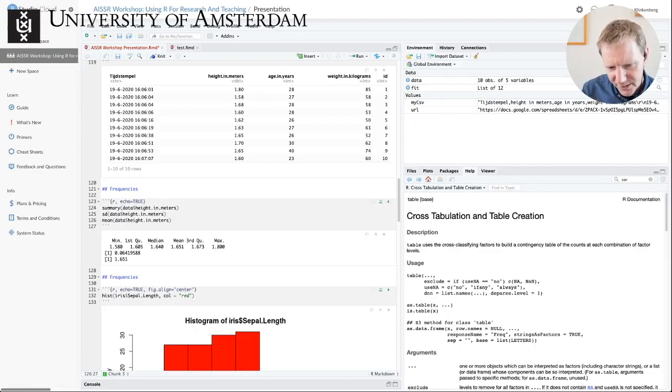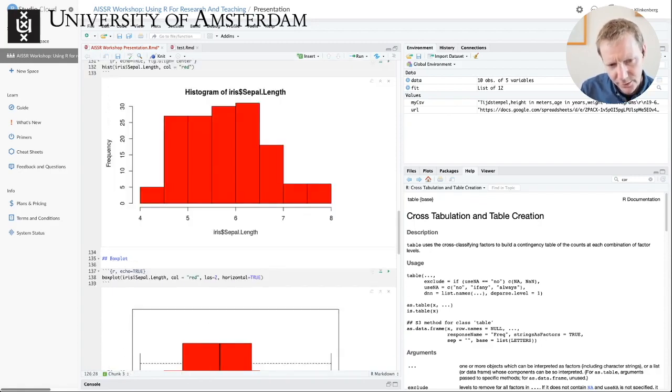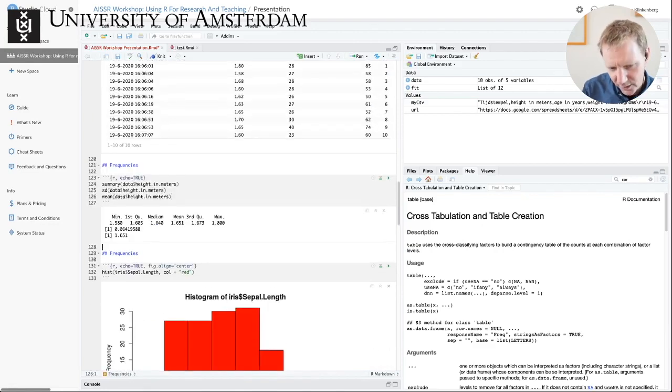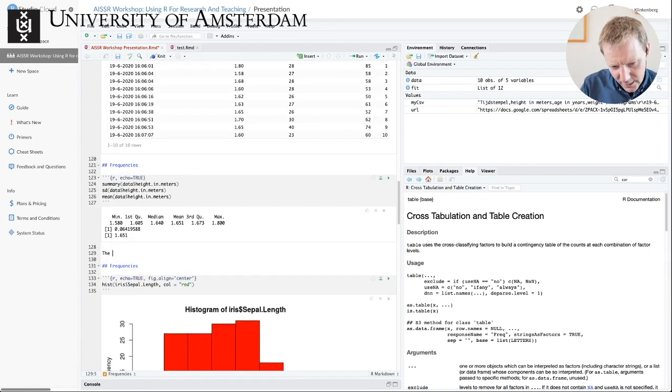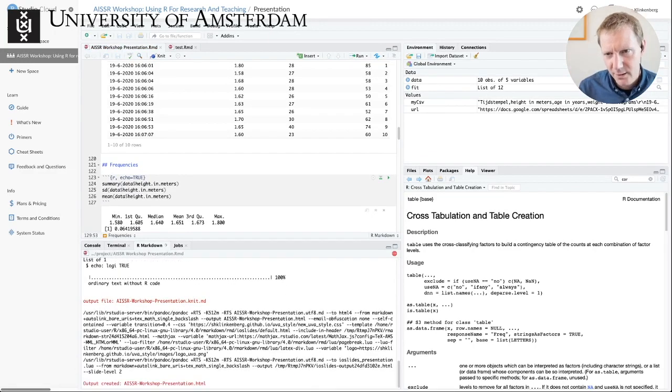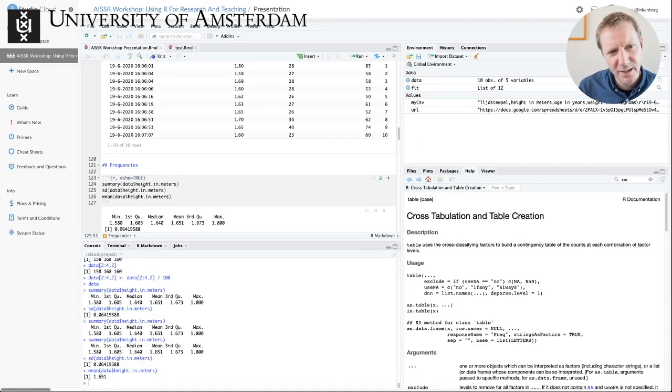But what you can also do is run the code inline. So instead of doing a code chunk, you could also write in your Rmarkdown document, the average height is, and then you could write inline R code and use the same function as you used here. And when you rerun this code, when you knit it again, it will show this result in text. So it will update my presentation that I just made,